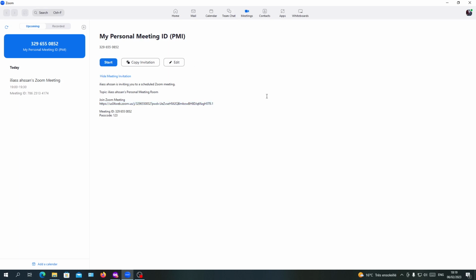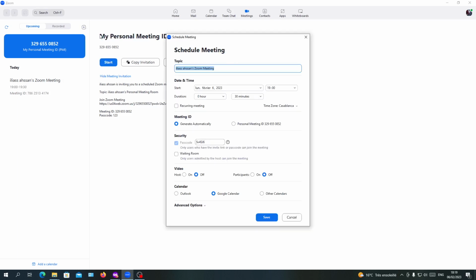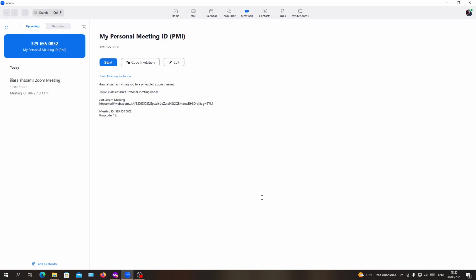But make sure that you have this feature enabled in your settings, so that you are enabling people to join with the personal meeting ID here when you are creating a meeting. So I'm going to schedule a meeting. You make sure which link or ID you are going to use, either a generated one or a personal one. So basically, this is how you can get your